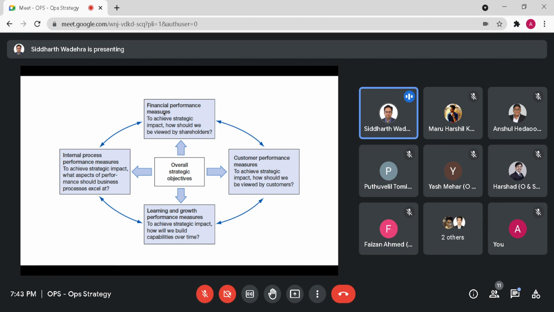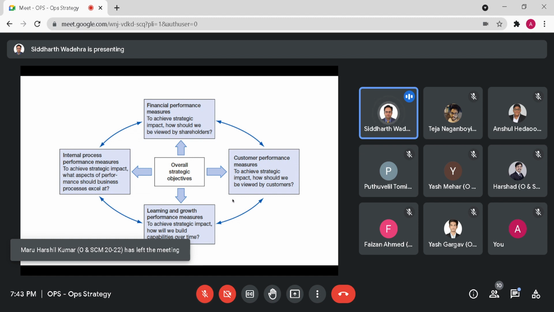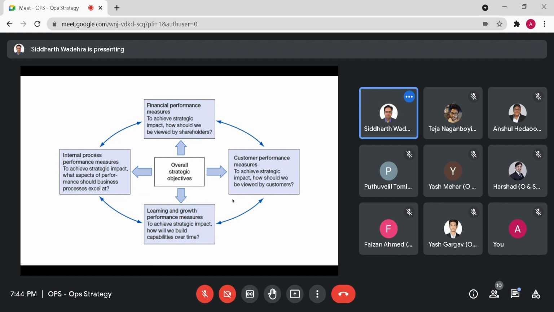So again, once we establish maybe three matrices for each of these, or two matrices for each of these, and we track over a period of time, it will hopefully help us monitor a particular situation, and also at some level control some of the outcomes that we might want to look at from an operations strategy implementation perspective, and ensure that the organization is still working in the right direction. Again, Balanced Scorecard is a very common tool.